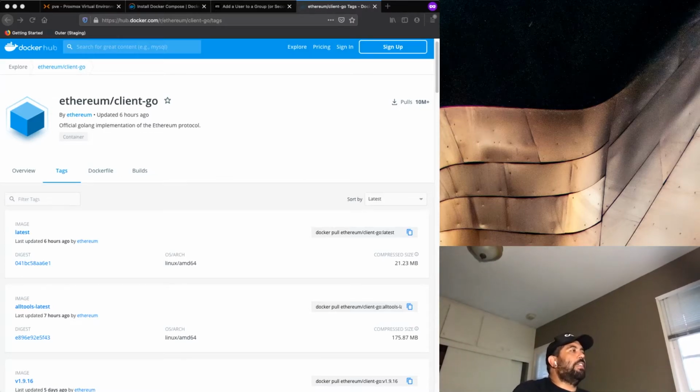And the volume that we want to add is basically to create some persistence, because one thing about Docker is